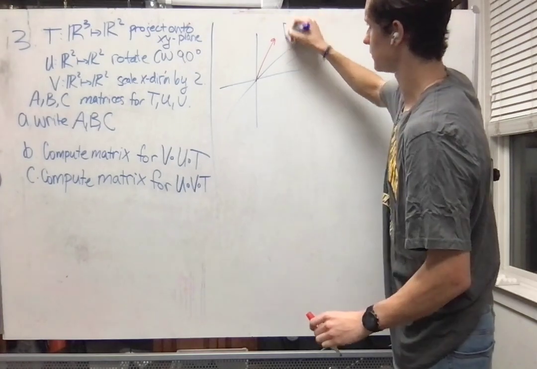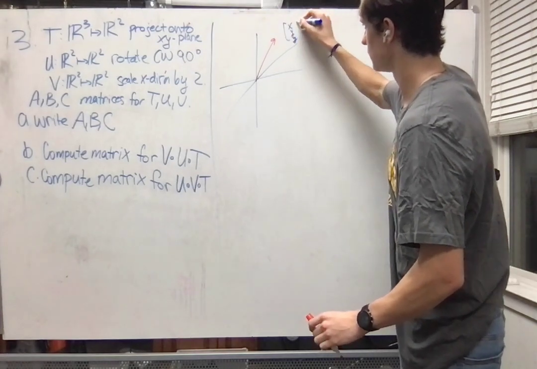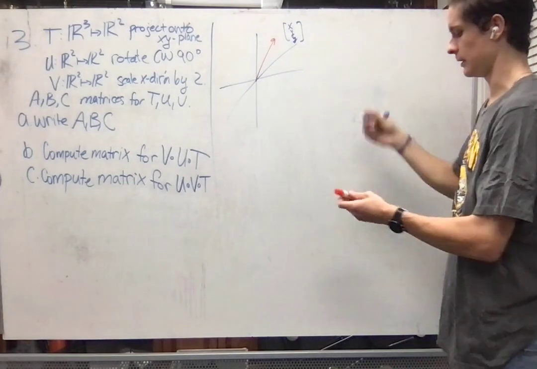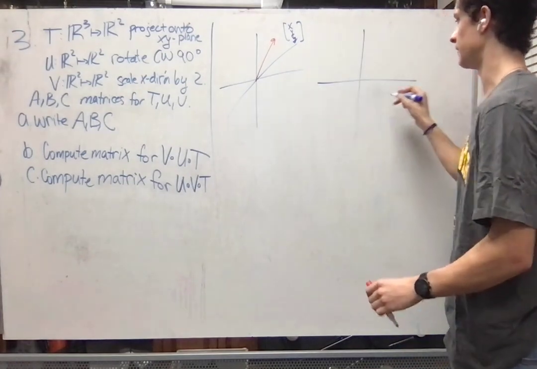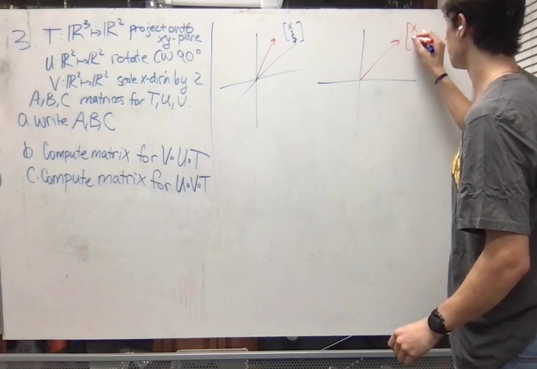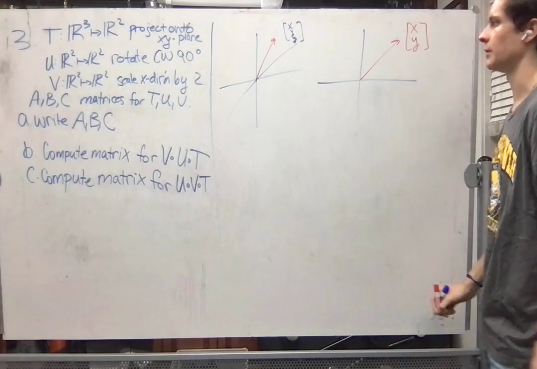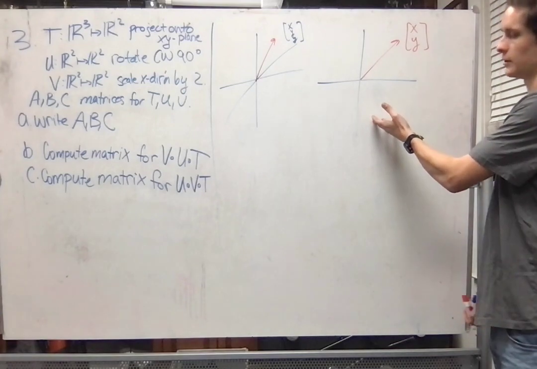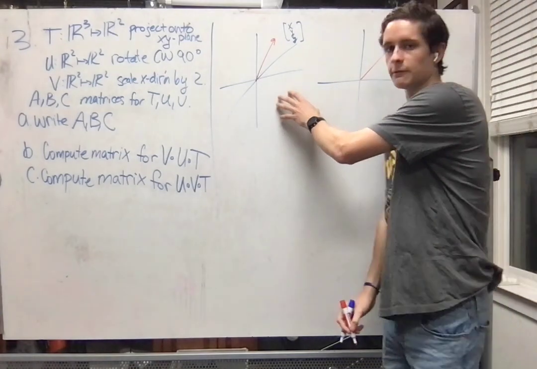Let's say this is X, Y, Z. And the output of the transformation is a vector in R2, which is just X, Y. So you drop the third component entirely, which means that you land in R2. So keep in mind, there's a subtle difference between,